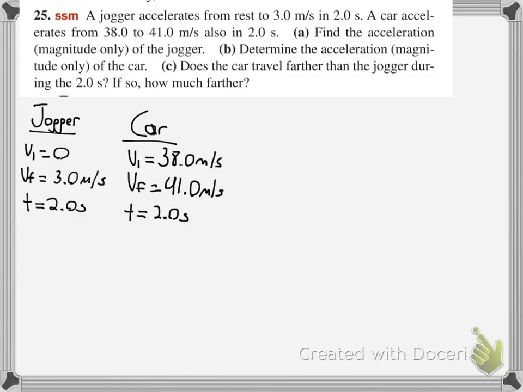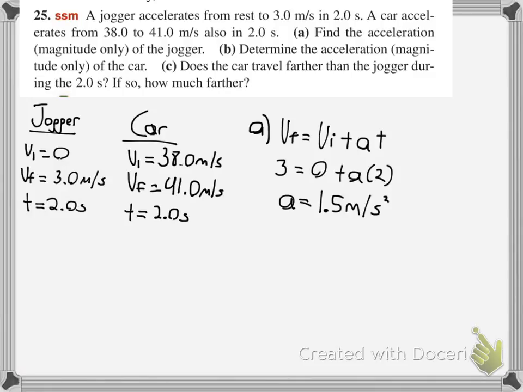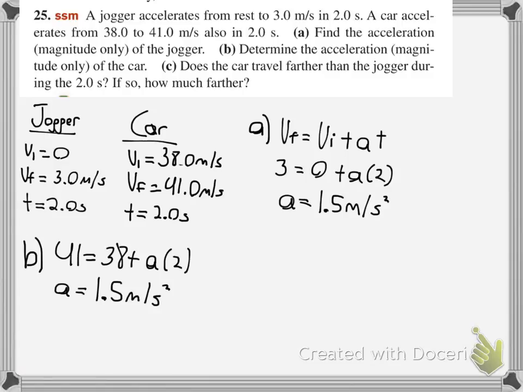So in order to solve for the acceleration of the jogger, using the variables that we have, we would use the equation that our final velocity equals our initial velocity plus our acceleration times our time. So when we plug in our values, we get that our acceleration is equal to 1.5 meters per second squared. For part B, we would do the same thing. We would use the same equation because we have the same variables and we're trying to solve for the same variable. Therefore, once we plug in our values, we get the acceleration of the car is 1.5 meters per second